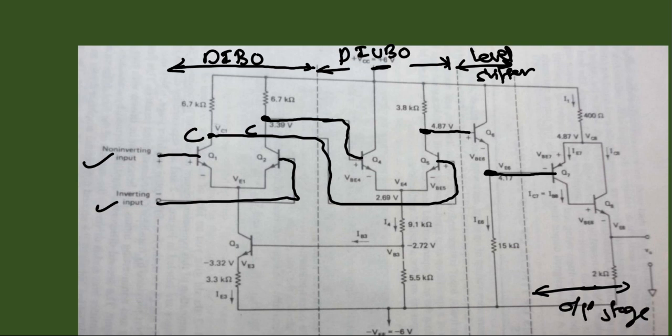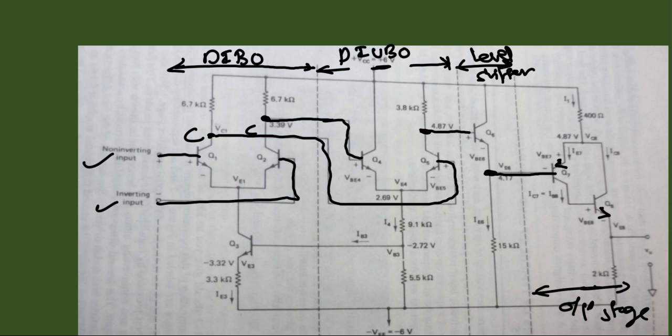So it is a complementary push-pull amplifier. What is your output stage? It is complementary. See here, there are two transistors. One is the PNP transistor, another one is the NPN transistor. So the transistors are complement to each other. So it is a complementary push-pull amplifier. Just for understanding, I am showing you this diagram. So this is the internal diagram of op-amp.